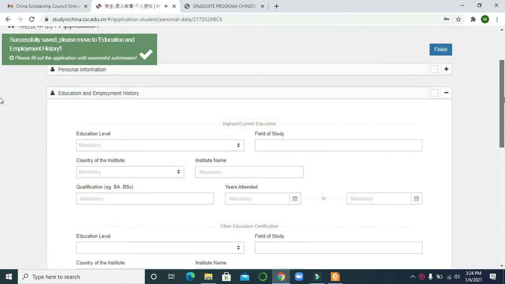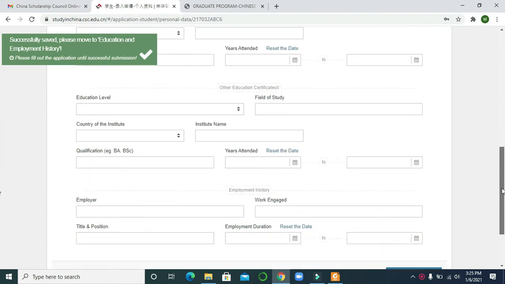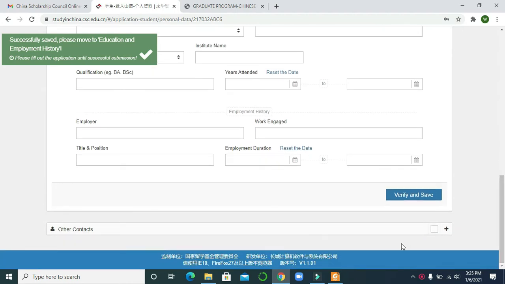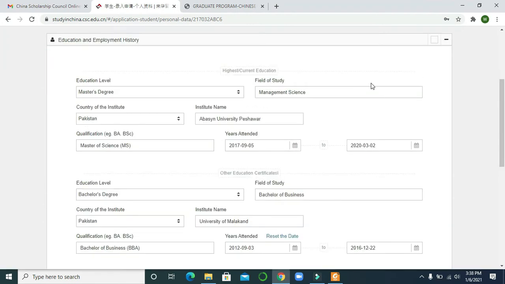After that, another section: education and employment history. You can fill in all this information. Okay, let me do it. Now you can see here education and employment history. You can write your highest education, your current education, first.